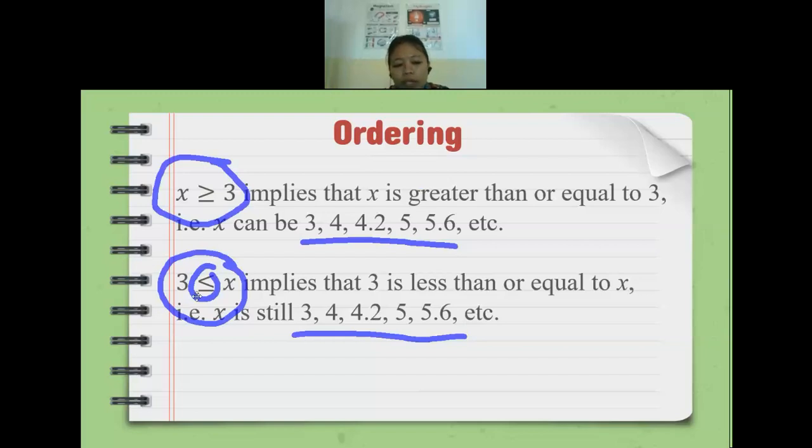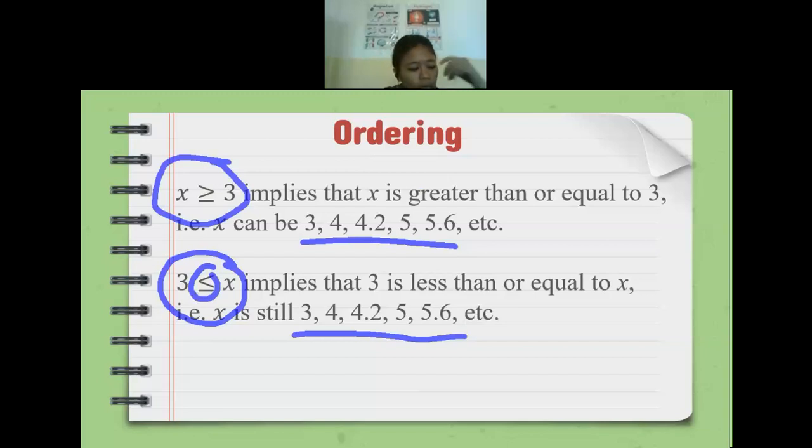Is there anyone who has difficulty, or is my explanation making you more confused? No, teacher. Okay, really? No question? So remember, if later you have an inequality and have difficulty reading it, you can replace the numbers so they switch from left to right. But remember, the inequality sign has to be flipped. If it is bigger than, it will become less than when x and 3 are moved to different positions. Is there anyone who has difficulties?